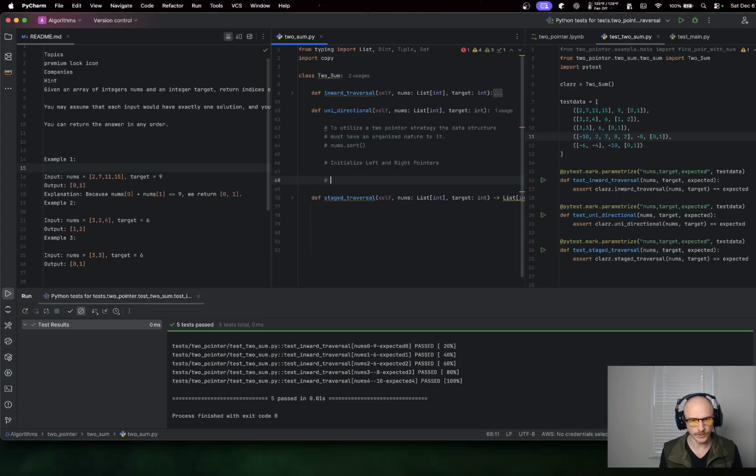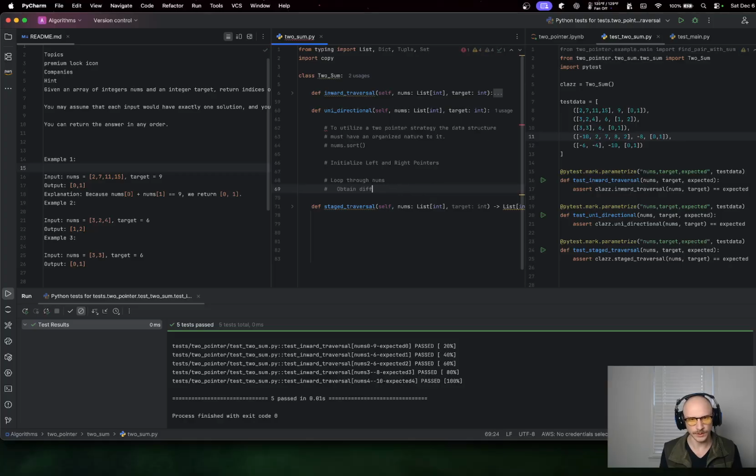We're going to loop through nums and loop through. We're going to find, obtain the difference between